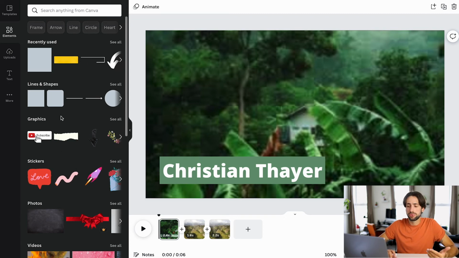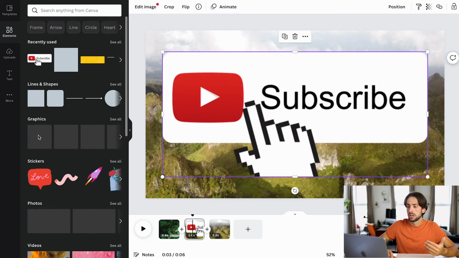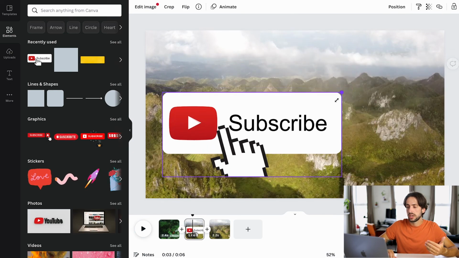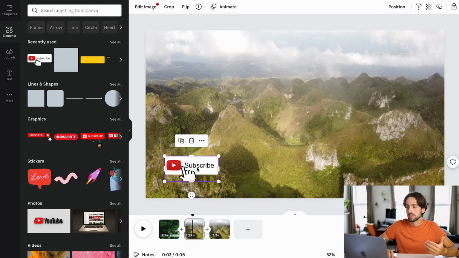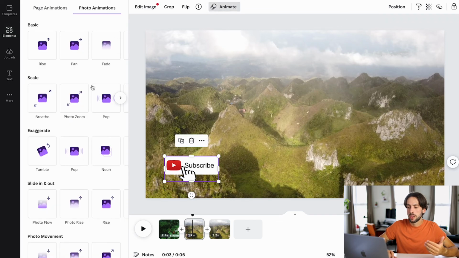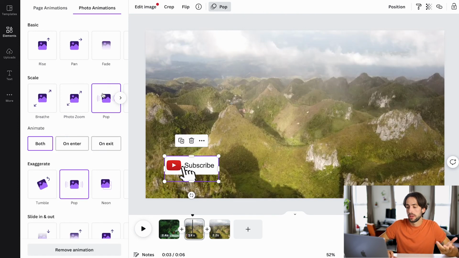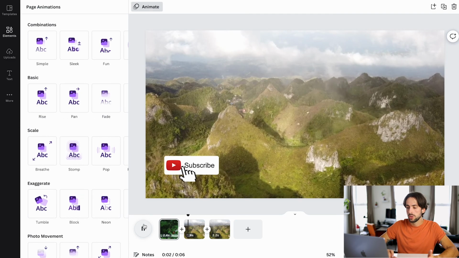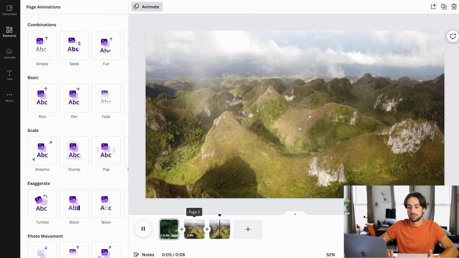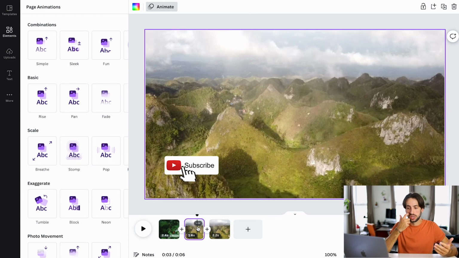Now, as you can see in here, there are also elements that are moving, GIFs, whatnot. Again, you can scroll through. There are a ton of things on here. If you are making videos for YouTube, look at that. They have a little YouTube button that you can just click and then you can resize. Let's say you want it right here, and then you want to animate it. It is clicked. So you go up here and click animate, and we want that one. And for the sake of what I was just telling you, in order to see it, we're going to go back, and it is only on this clip right here. That, again, is setting up the duration.